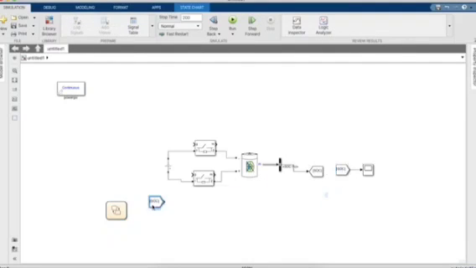After the Stateflow chart is placed, we call the output parameter pulse.